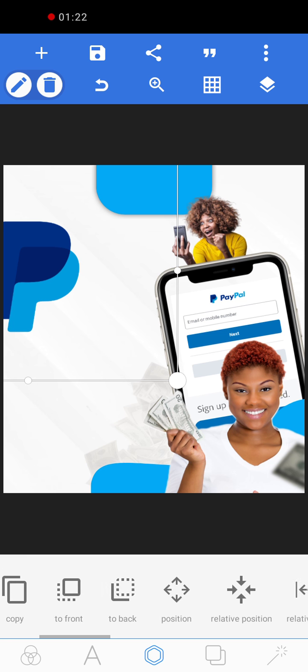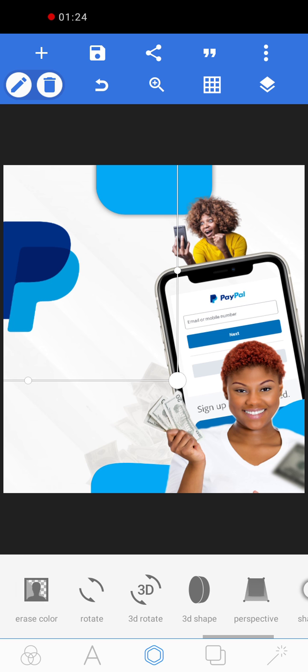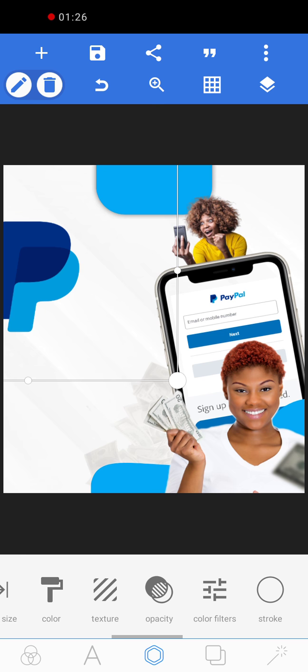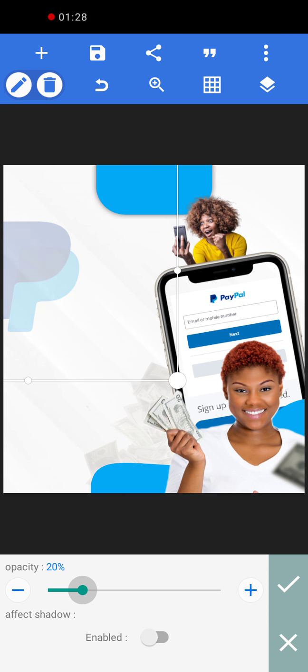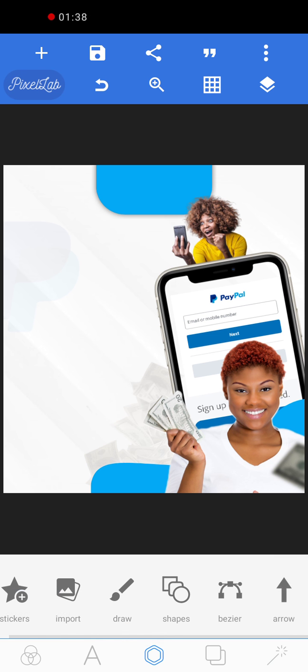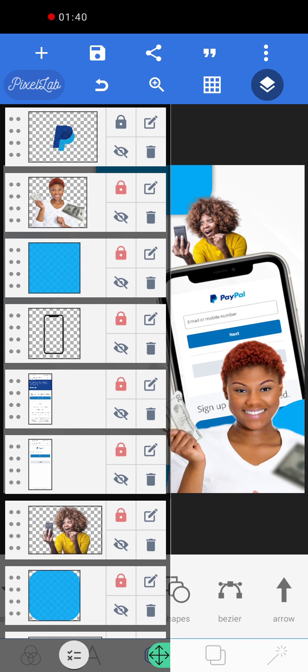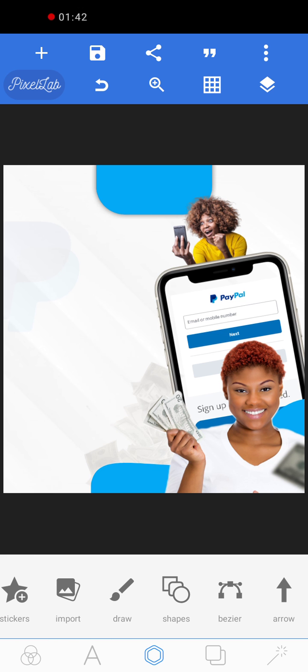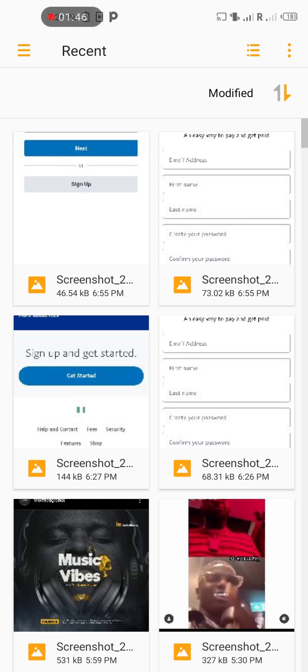Just increase this a little. Put that back there. And I want to reduce the opacity. Really reduce this so it doesn't interfere with our design at all. So reduce that a little. Then lock it. So the next thing I added to my background was